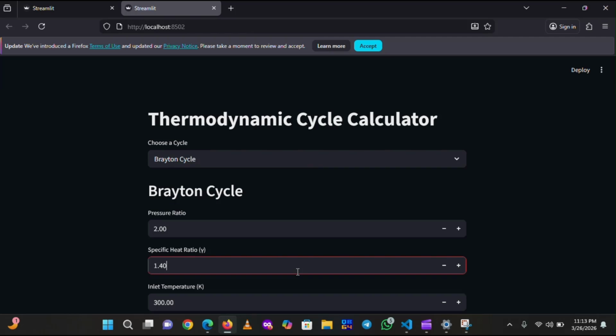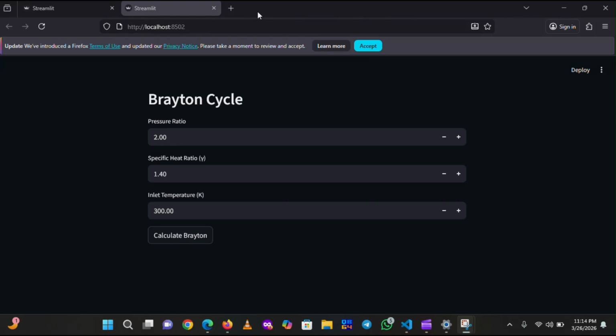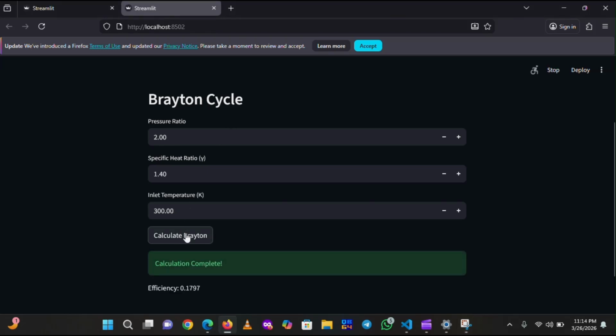If you want to calculate the specific heat ratio, you input your value here. If you want to calculate pressure ratio, you input your value here also. If you want to calculate your inlet temperature, you input your value here. Okay, so after inputting your values, it will calculate